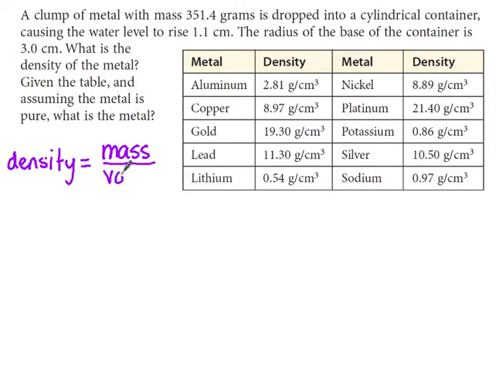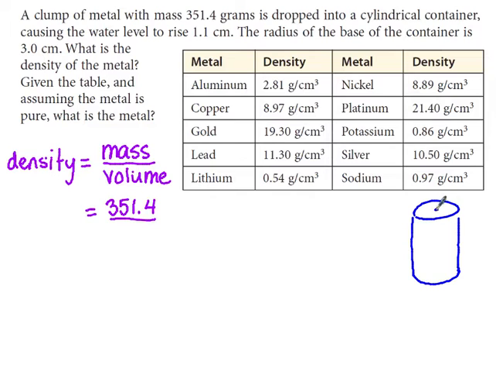So we already know what the mass is. What's the mass? 351.4. So now what I need to do is find the volume. In order to find the volume, I've got to find out how much water was displaced, because then that'll be the corresponding volume. So when I think about that, I have a cylindrical tank. Here is my radius, which is 3.0. And so what ends up happening is I have water right here. I put the object in, and the water goes up